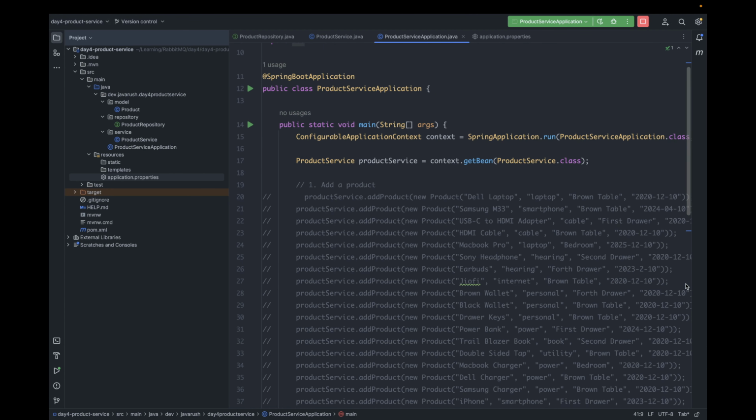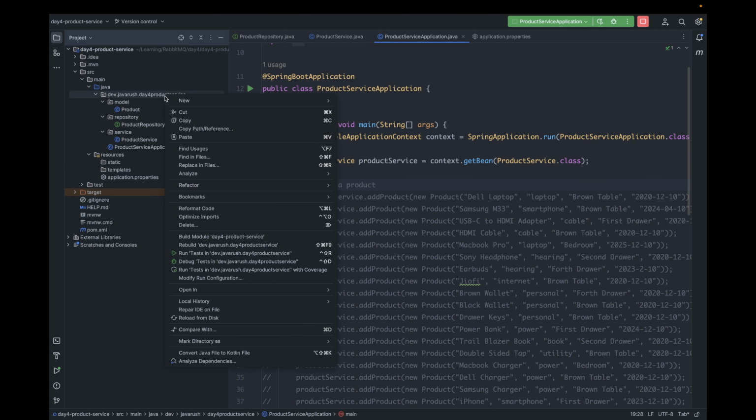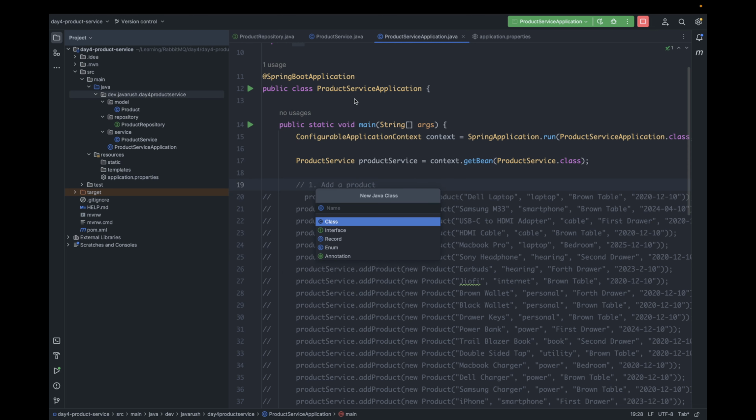Now, basically we need a class which will tell Spring to map any incoming request to methods. For that we need something called a controller. So let's create a controller class, a new Java class, and this class will be inside the controller package. I will name it ProductController,